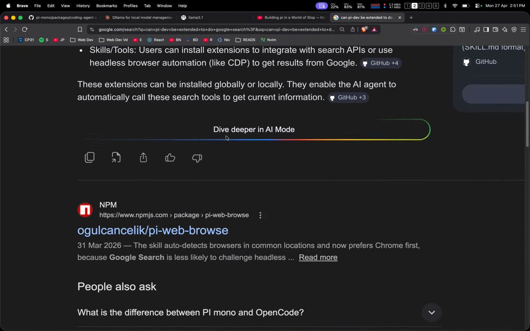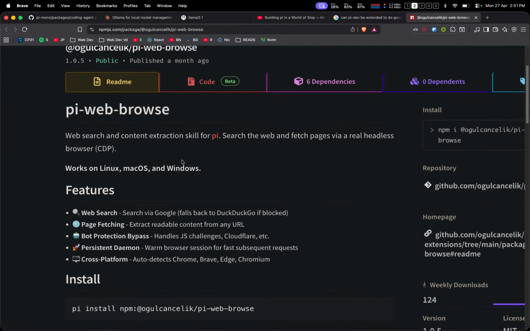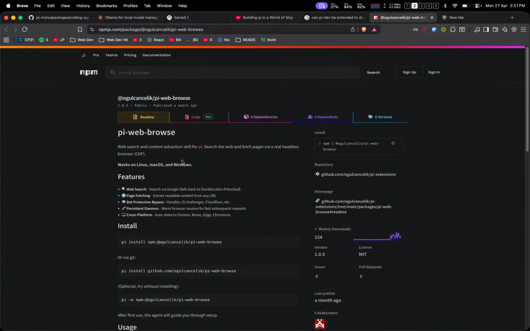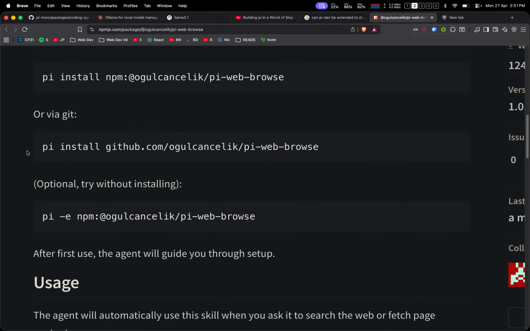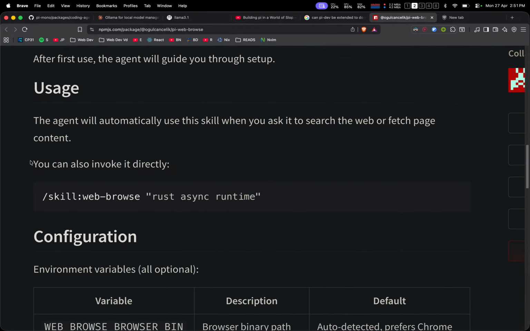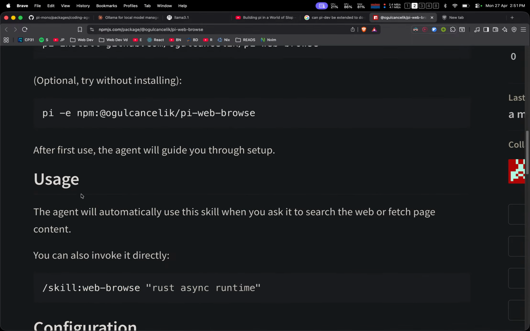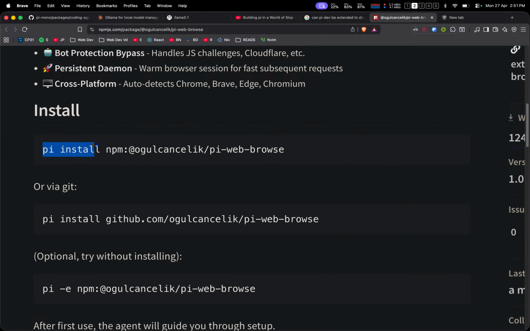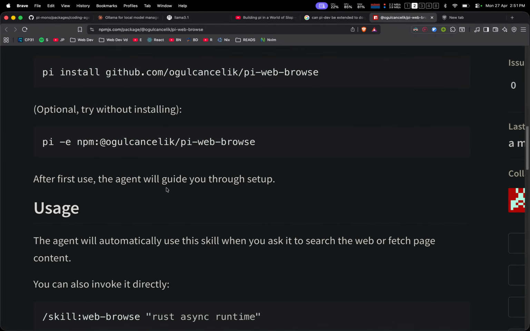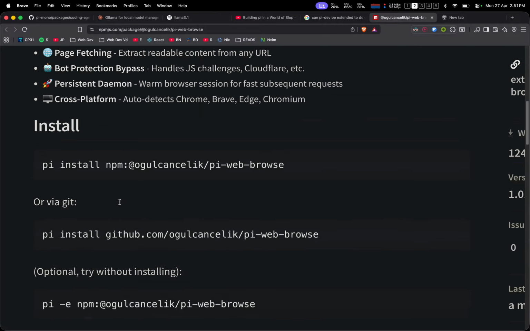This is a published package. How do we add a new plugin to Pi? Oh, we just say pi install this, and it works. That is pretty cool. Usage, skill, web, rest, sync time. Okay, so we do this to install the package, to install the plugin locally,